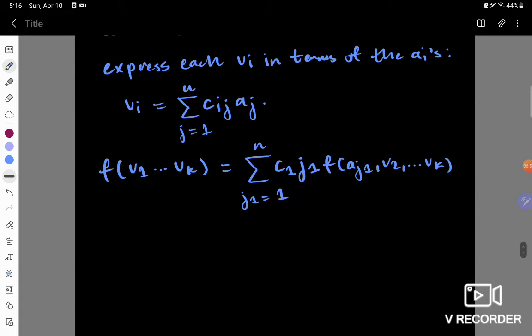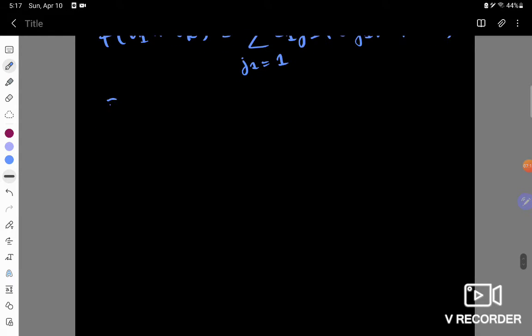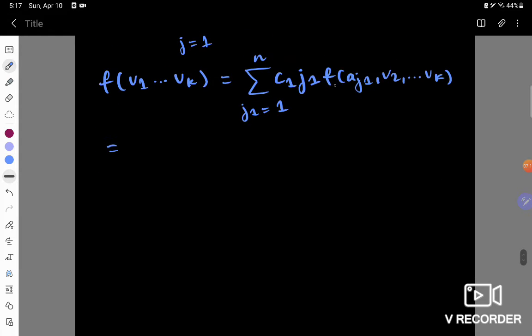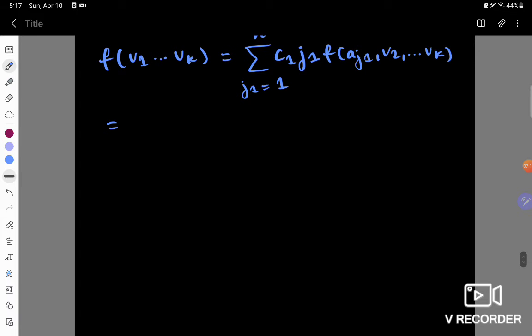Now this sum is basically stating we're examining this first element, v1, and we are writing it as this sum individually. And there's nothing special about it being the first one, because as we'll explicitly show for v1 and then v2, and then just say so on,